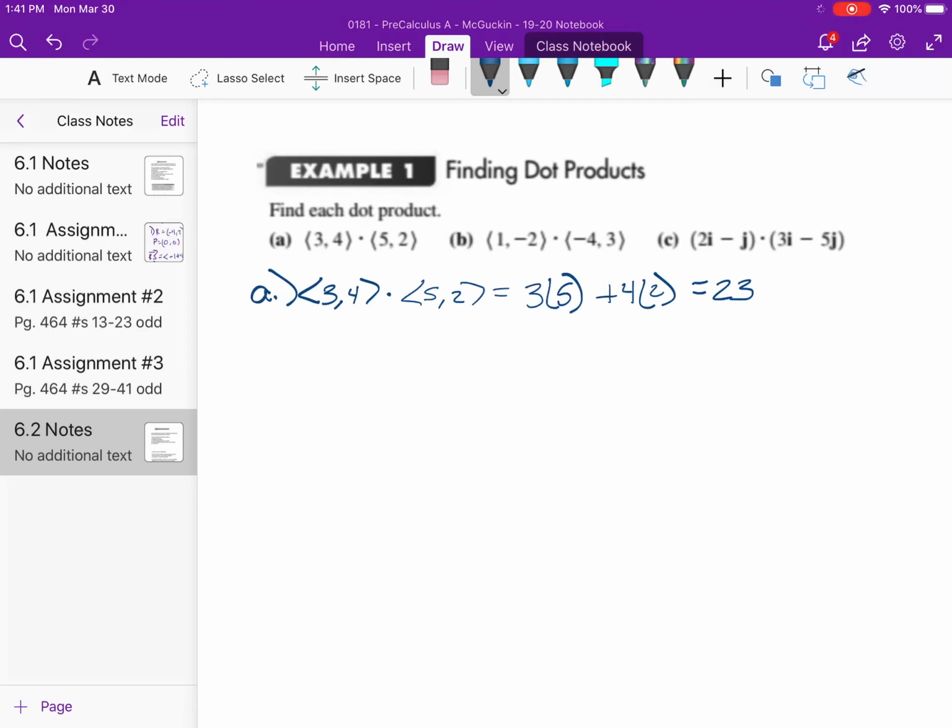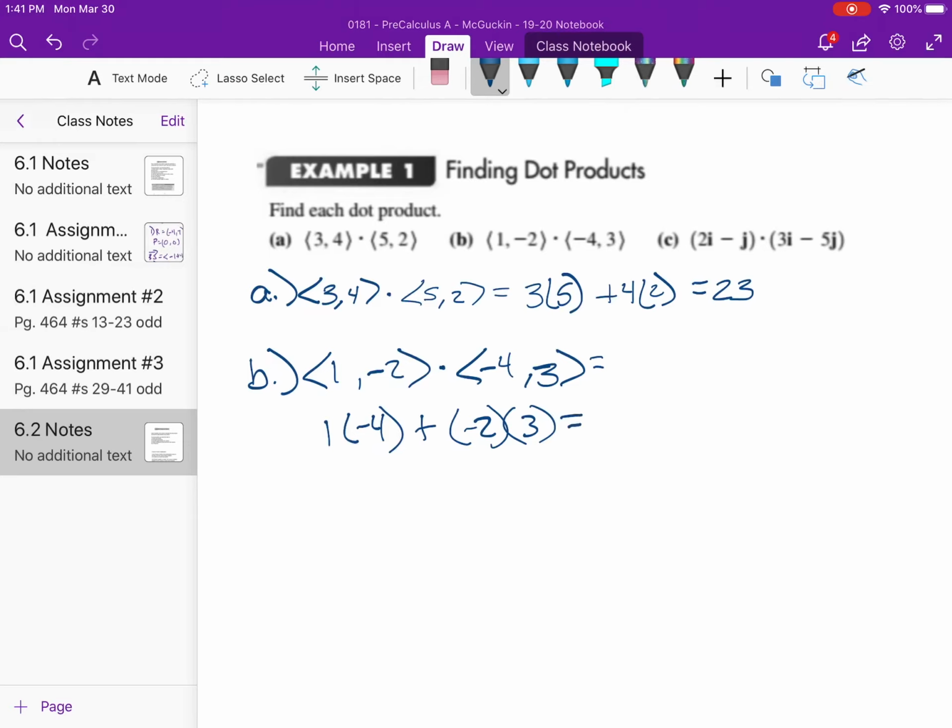Before I continue on, see if you can pause the video and do part B on your own. And then we'll continue on. So for part B, <1, -2> dot <-4, 3> is going to end up producing 1 times negative 4 plus negative 2 times 3. So we get 1 times negative 4 for a negative 4, minus 6,